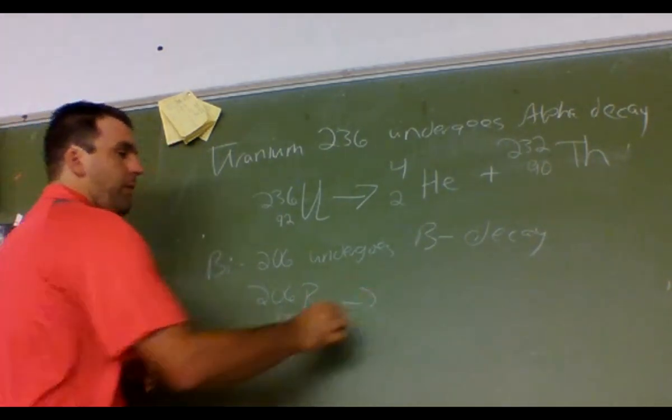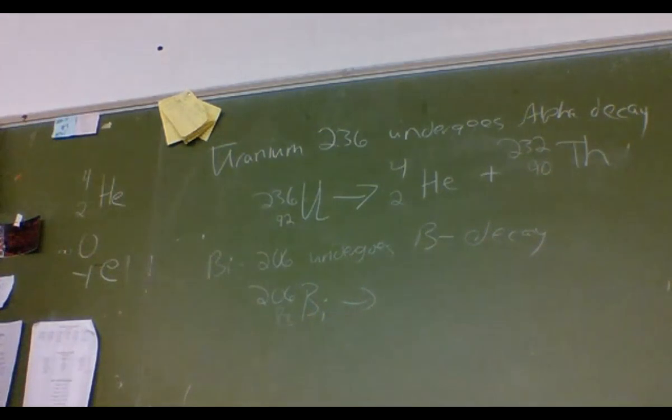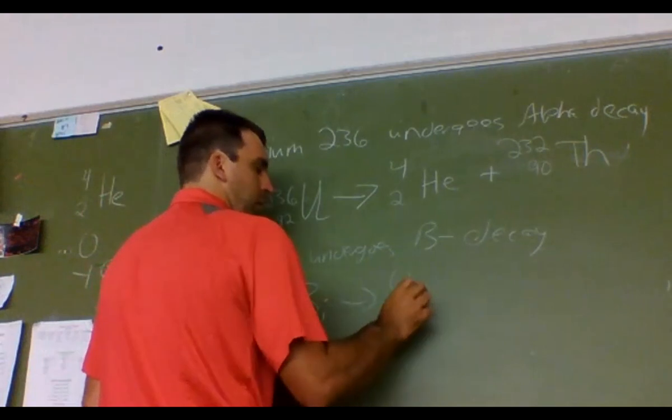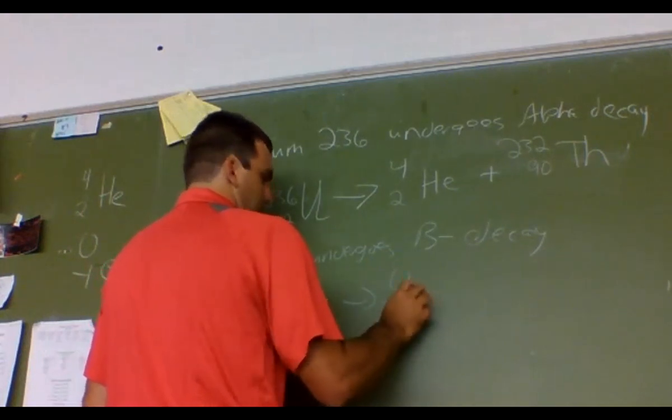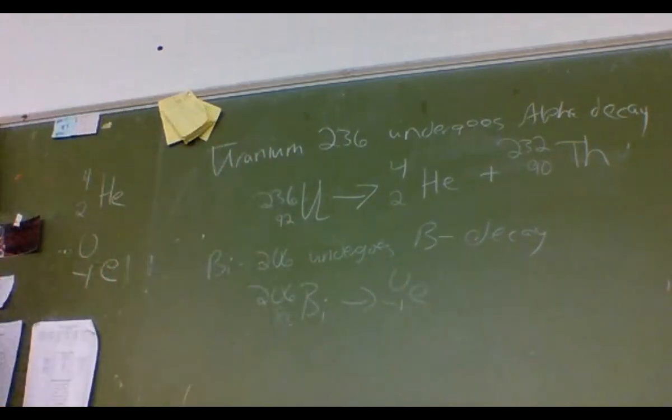So I've got my arrow now. And what's my radioactive particle? So what's that going to be? 0, -1. Is it E or B? Doesn't matter. I write E. I can't write the beta symbol. And then plus,